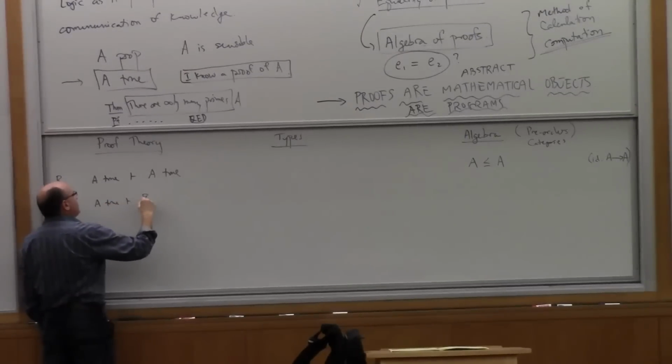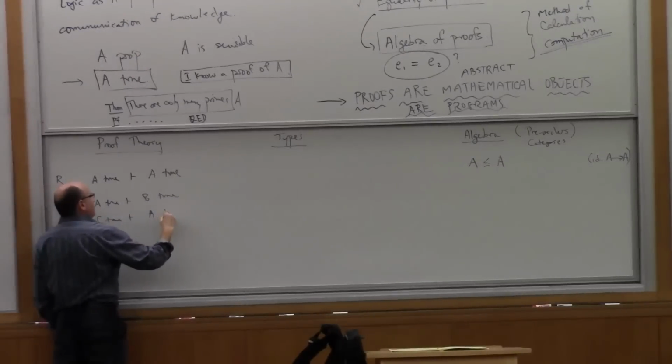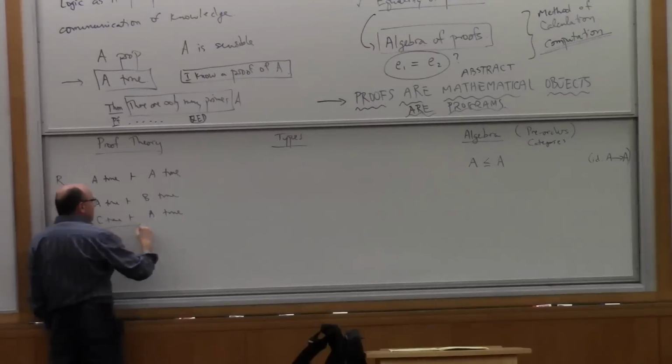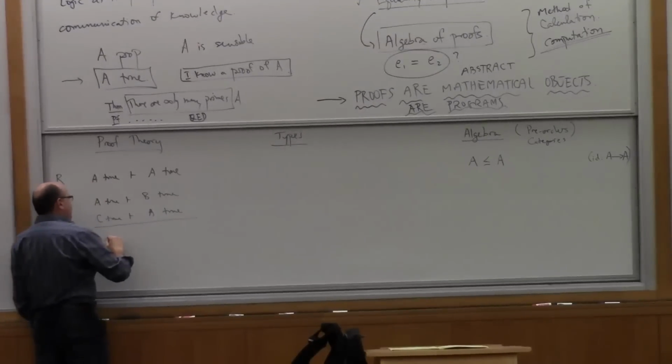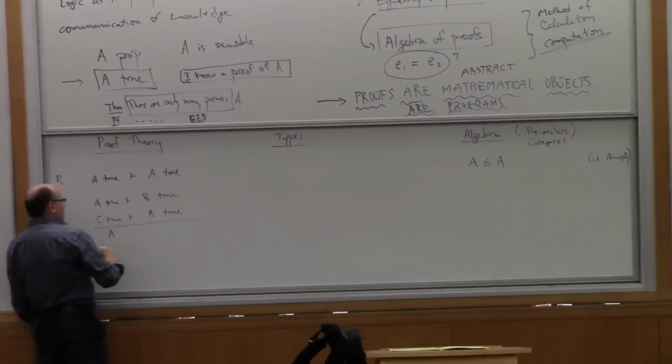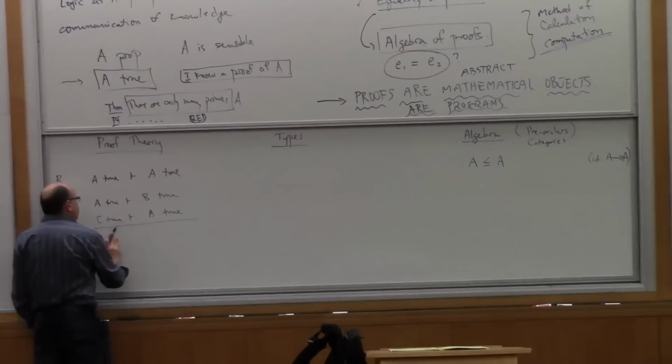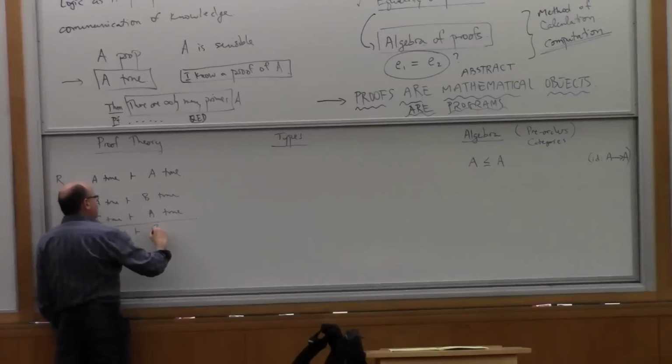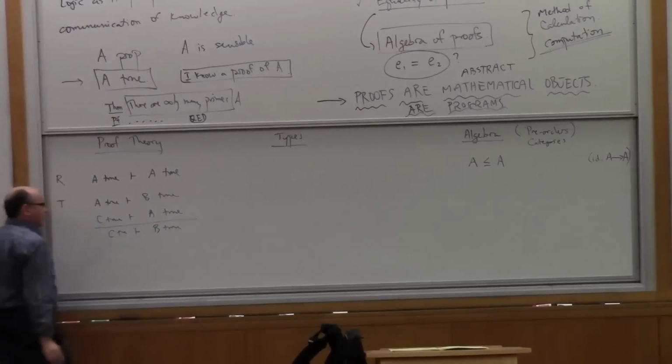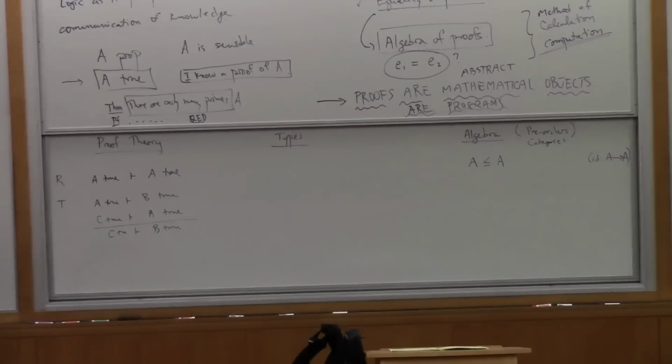If B is true on the basis of A, and A is true on the basis of C, then we can conclude, and that's the way in which we write it, that B is true on the basis of C, if I did that right. Okay, and if I chose my letters better, it would have looked nicer.